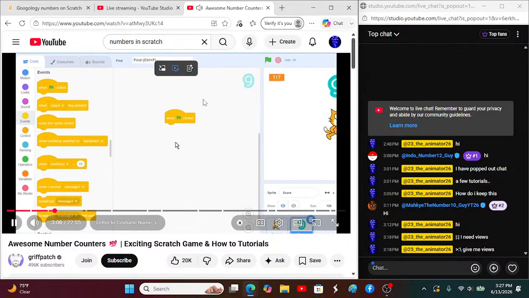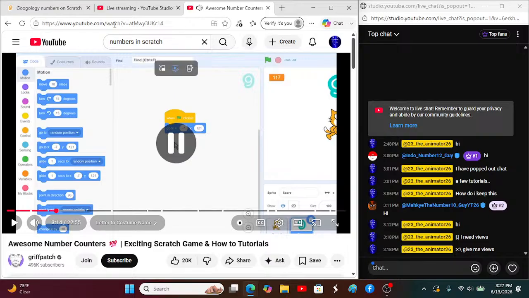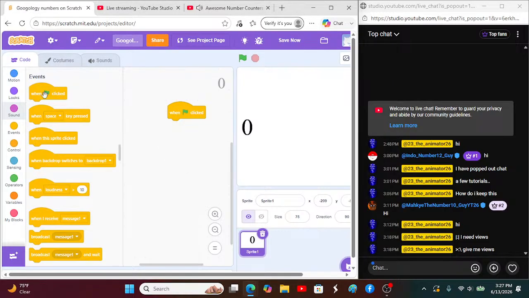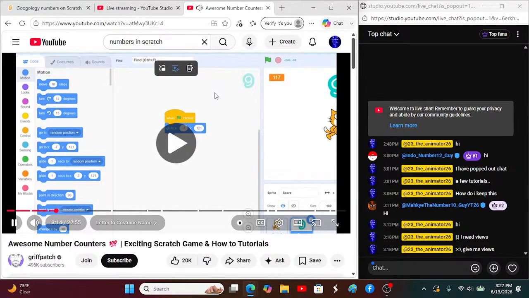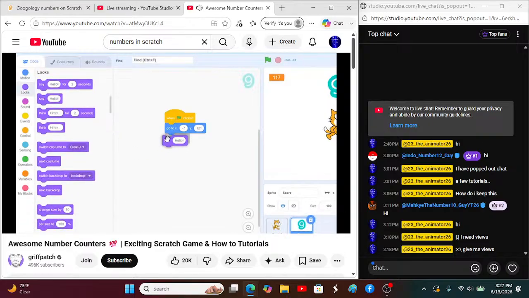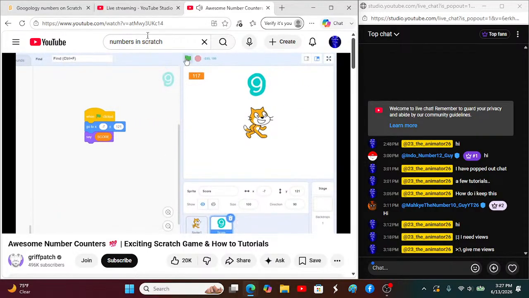When green flag clicked, go to XY. The current position of the score sprite is pre-populated for us. Great. To help explain what we are doing, I'll bring in a say block from the looks category. And for now, simply say the value of the variable score. Hit the green flag to run the project, and we'll see